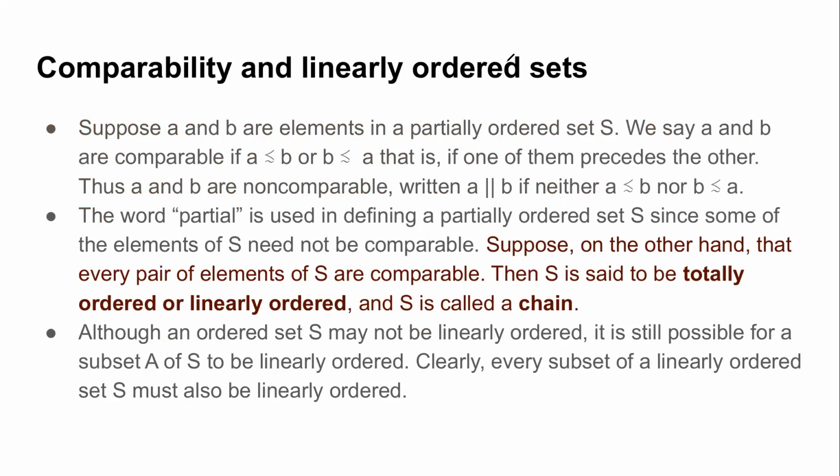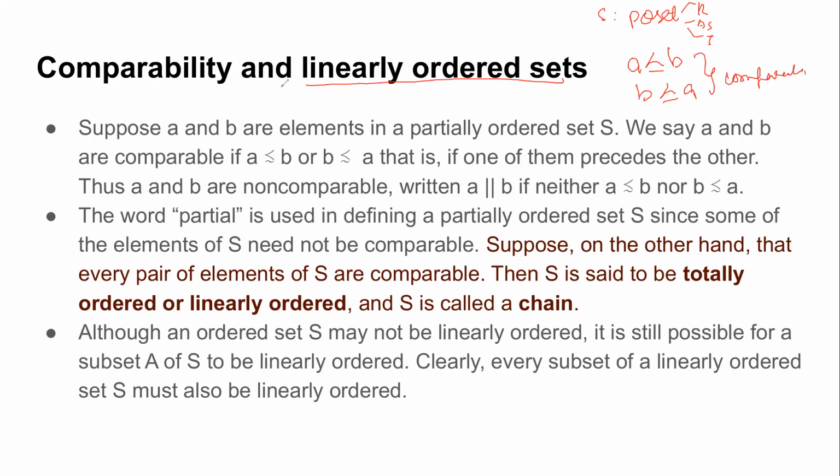Now let us move ahead to another kind of ordered sets called linearly ordered sets. For that, let's first build the motivation. Suppose I have a partially ordered set, or poset, which you already know is reflexive, antisymmetric and transitive. The set on which this relation is defined is known as a poset. Now if I consider the elements of this poset, and I have A precedes B, or B precedes A under this relation, such elements are comparable.